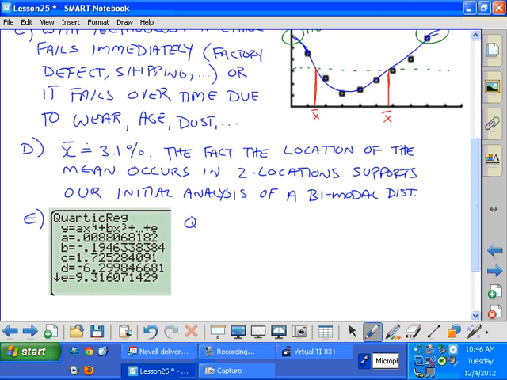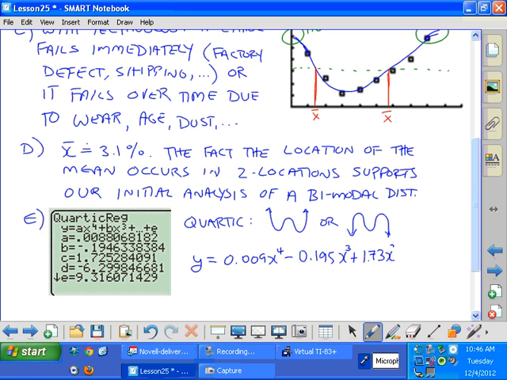So for E, it's a quartic. And for people that can't remember, the quartic is that W shape or the M shape, depending on the direction of opening. And the formula for it would be y equals, and there are our values there: 0.009 x to the fourth minus 0.195 x cubed plus 1.73 x squared minus 6.3 x plus 9.3,